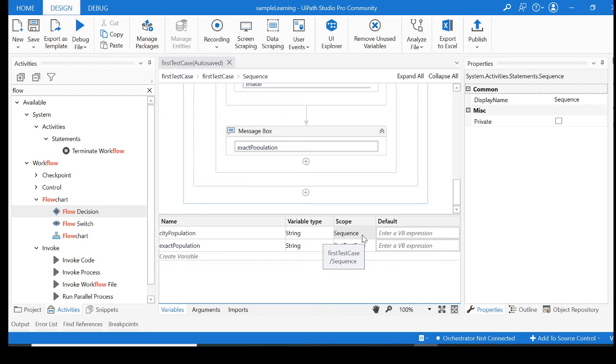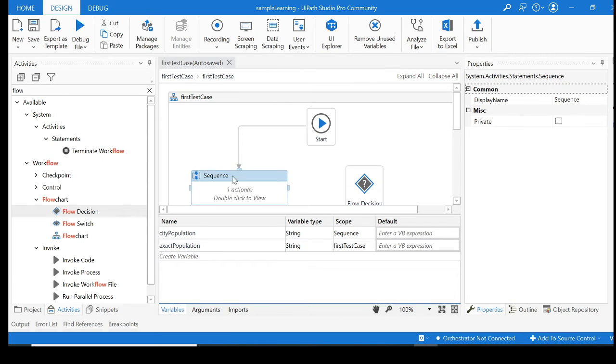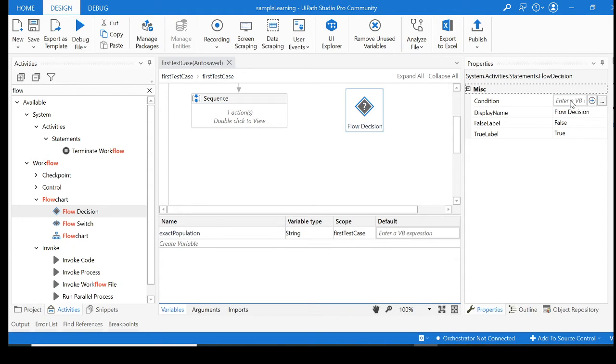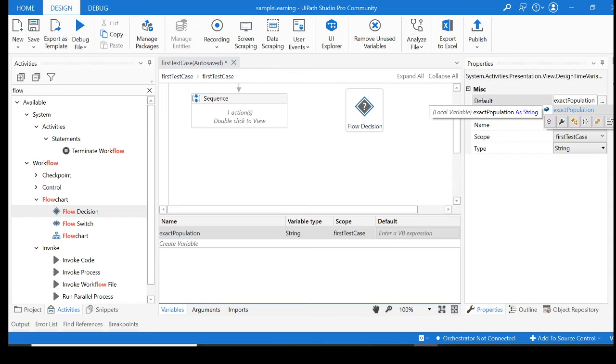Or outside the sequence. So that is why I made the scope the first test case, so that anything you're trying to perform over here, that value will get taken, and you can assign any operations on that. So we'll go to condition. The condition is going to be exact population, whatever the population is going to come up, lesser than 100.